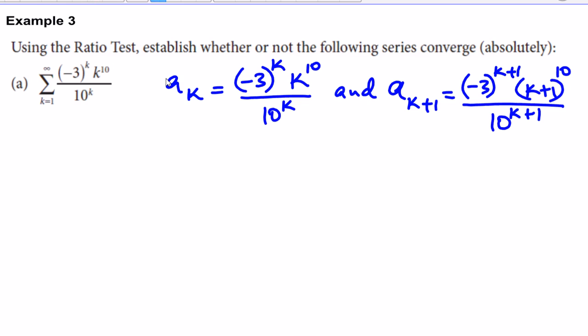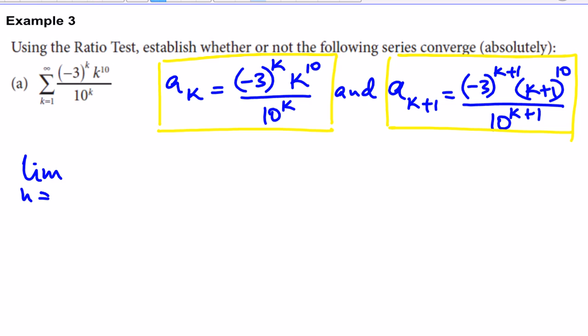All right, so we have this bit. Now what we need to do is put these in an expression, find their limits, and then we can decide what's going on. So the limit as k approaches infinity, here we have k, so I have to change that, careful,